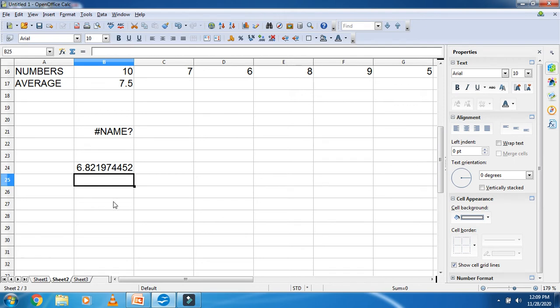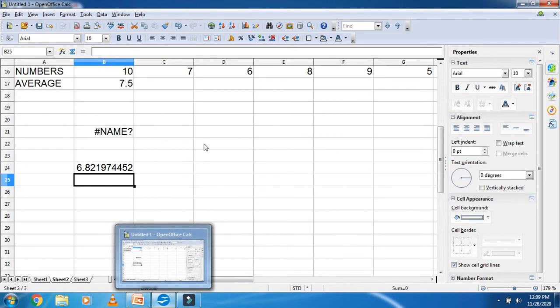There is another type of mean function supported by Calc, that is harmean, the harmonic mean. The harmonic mean has a similar general form, that is harmean. Okay. And the next function is median. The median is defined as the middle number of the group when they are ranked in order. If you cannot find one exact middle number, in case the total number of arguments in a group is even, then take the two middle numbers and average them.